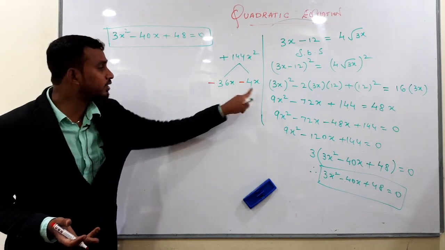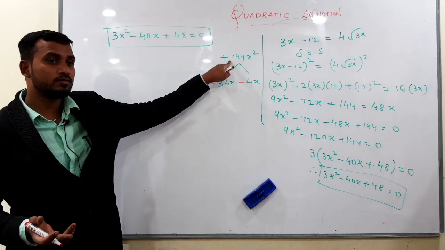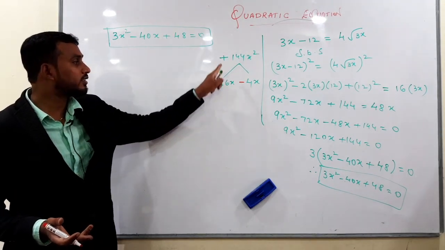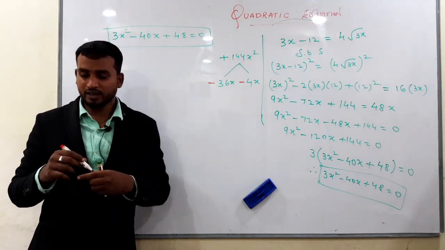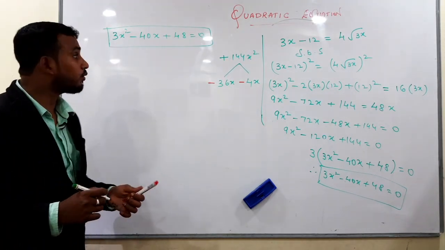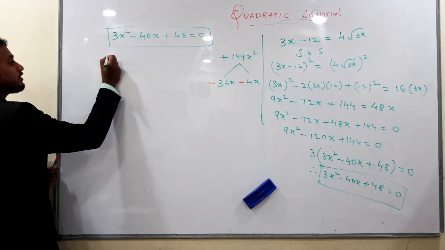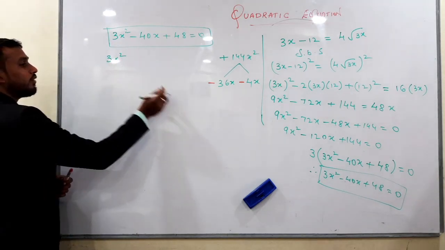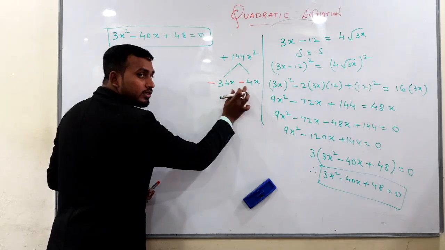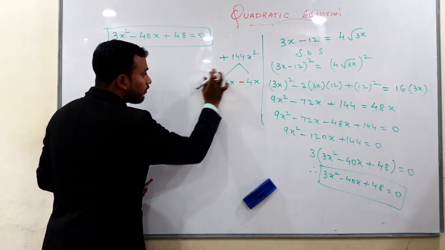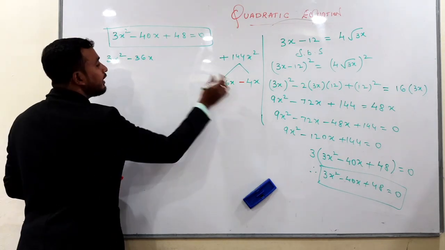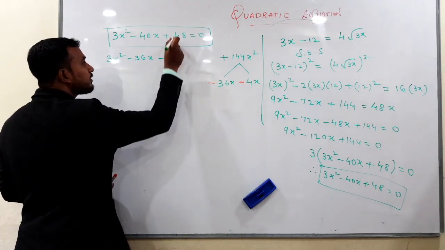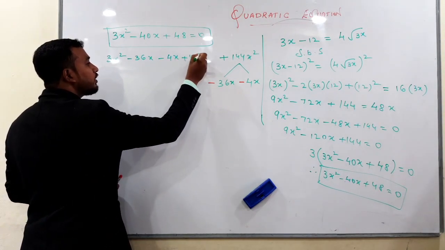Now multiply this both, you should get this number. Minus into minus plus, 36 4s are 144. x into x, x square. Yes, the factors are ready. Any doubts? Now write the first term as it is, 3x square, which is the bigger. Forget about minus plus. Which is the bigger? 36. So first you take this term, that is minus 36, then minus 4x, last term plus 48 is equals to 0.